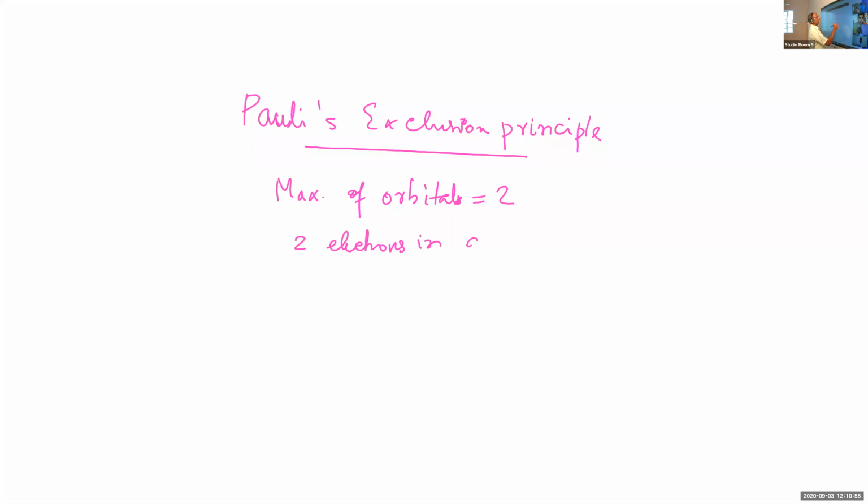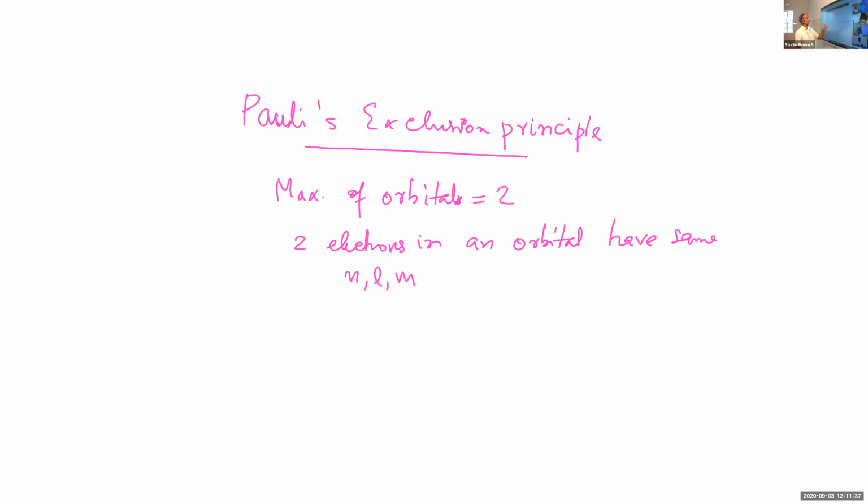The 2 electrons in an orbital have the same values of n, l and m, because these are the electrons of the same orbital. Maximum capacity of an orbital is 2 electrons. For an orbital, the principal quantum number, azimuthal quantum number and magnetic quantum number will be the same.